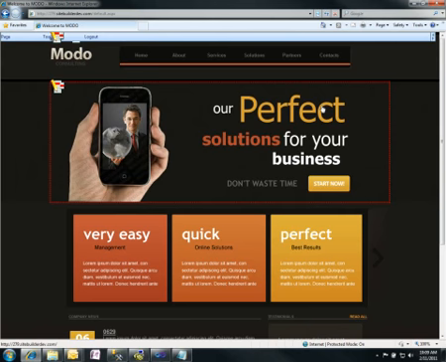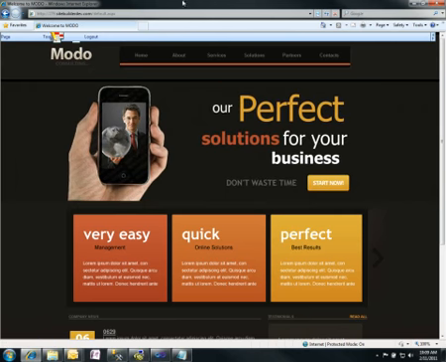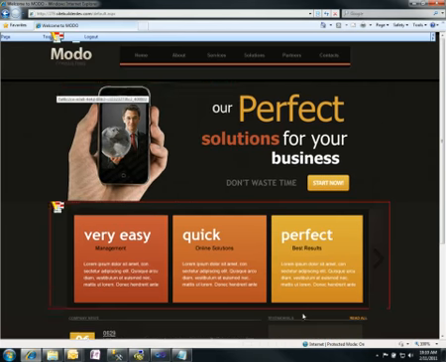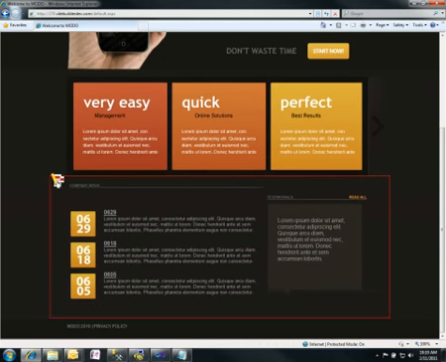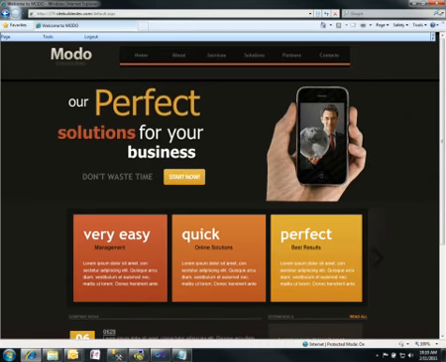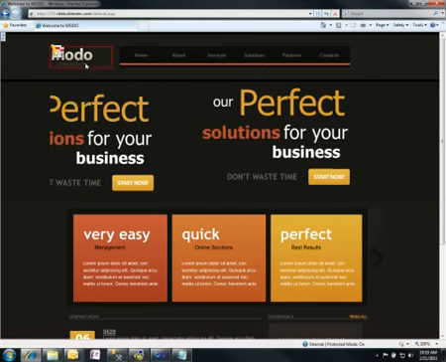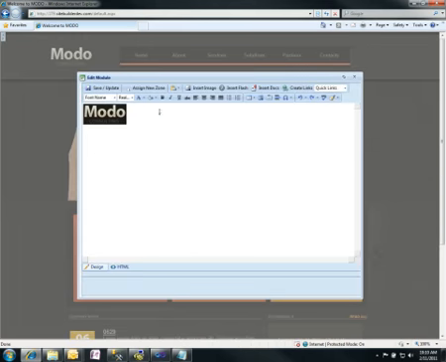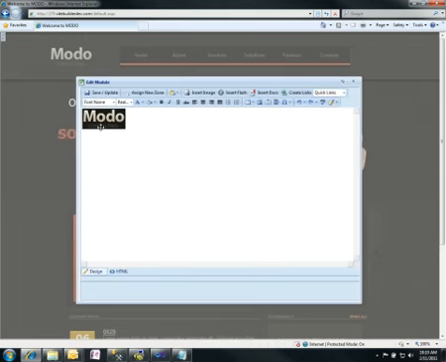But this time you can see when I log in I get hit back out to the home page, but now when I mouse over things you can see that I get this nice little dash line around some of the items here. Now these are items that I have access to edit. So for example, if I come up top here, you can see the logo is now outlined. If I click on this logo, you can see it opens up a WYSIWYG editor for us,